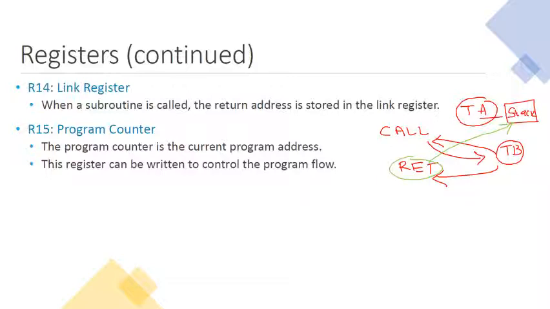It is just like if you are addressing something and somebody asks you a question, you have to halt there, give the answer to that particular question, and go back to the presentation where you stopped. Okay. Similarly, the program counter. The main job of the program counter is to hold the address of the next instruction to be executed. Okay. We shall see the details of R13, 14 and 15 in module 2 again.